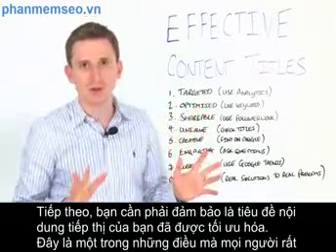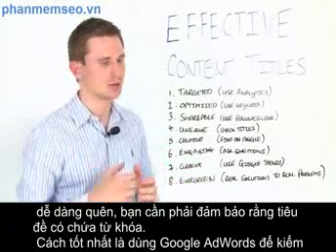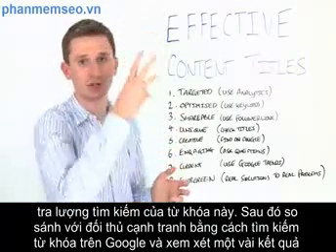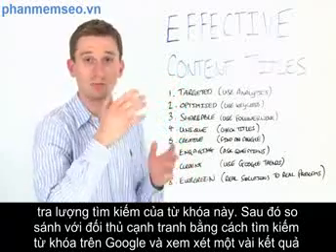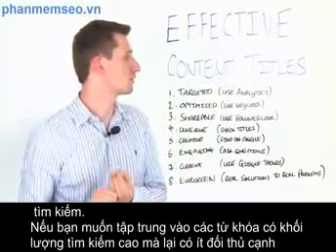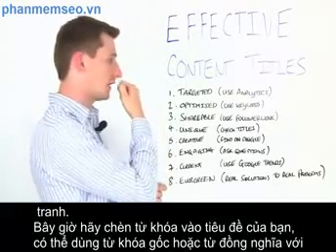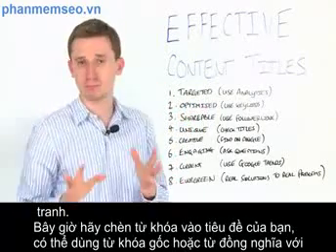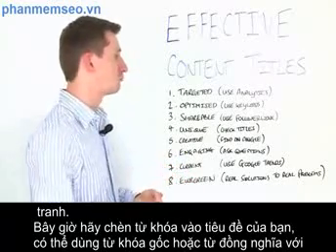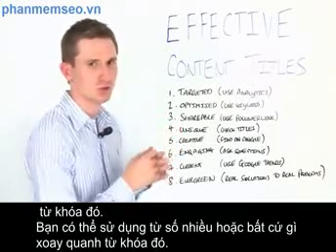So, secondly, you need to make sure that your content marketing titles are optimized. It's one of those things that people have kind of neglected or forget about from time to time, but you need to make sure you're using keywords. Best way to do this is to enter your root keyword into a tool like Google AdWords to check the search volume. You then want to compare that against the competition. So add that keyword into Google, have a look at the search results. You want to be focusing on keywords that are high in search volume and low in competition. When it comes to adding them into your titles, you can either use the root keyword or you can use modifiers, qualifiers, synonyms, plurals, anything around that keyword. Just make sure you're using a variety of those and that it's optimized.